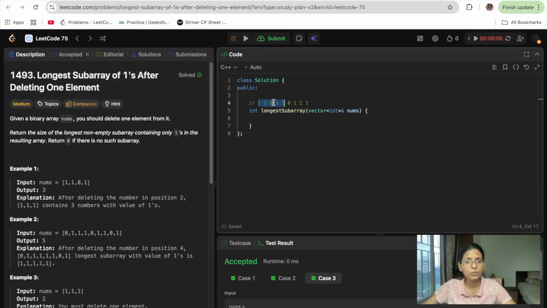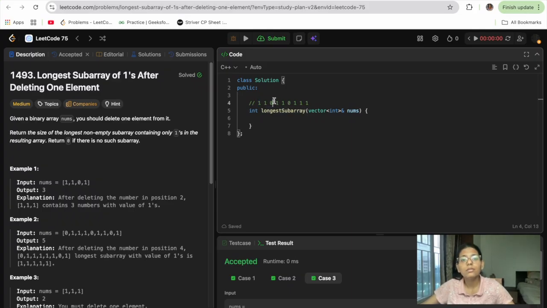If we delete this 0, we get a subarray of length 4 which is continuous. We could say it is length 5, but they have told us we have to delete it. So when we delete it, the length reduces by 1 and it becomes 4, and the subarray we get is 1111. We deleted the 0, so that's why I didn't say 0, and the length is 4.